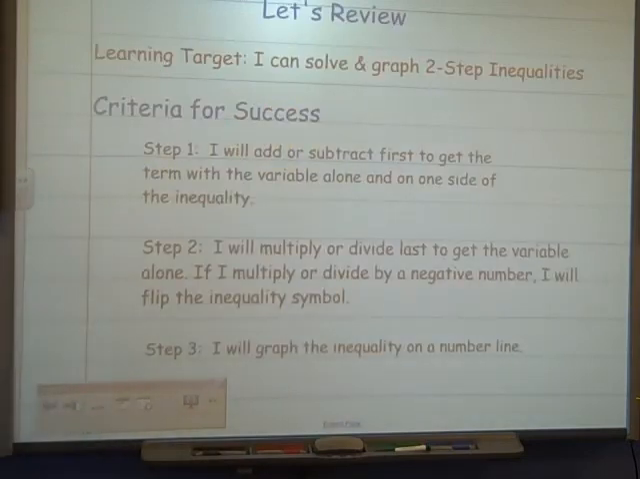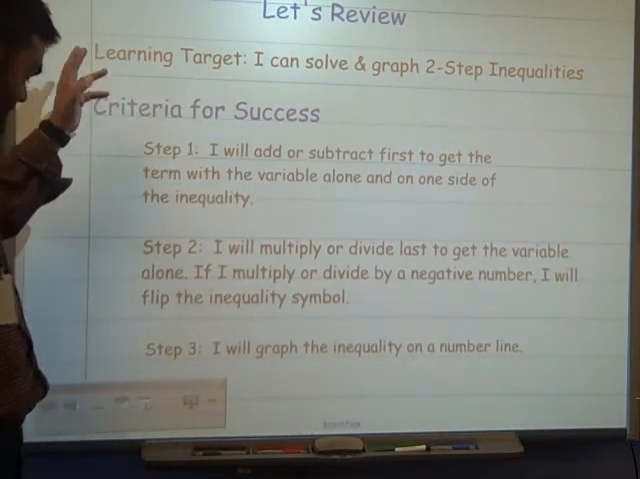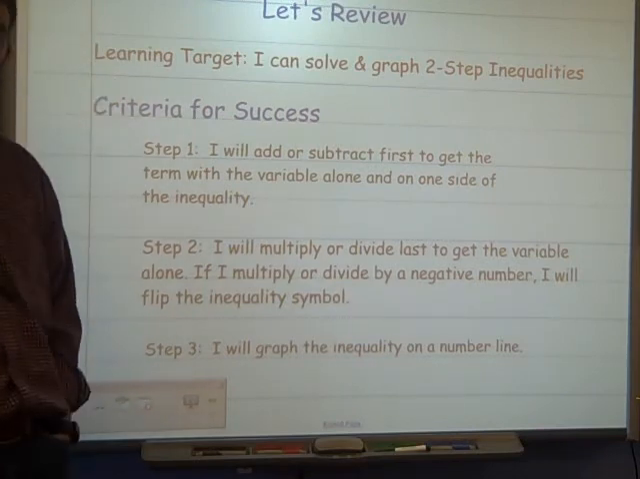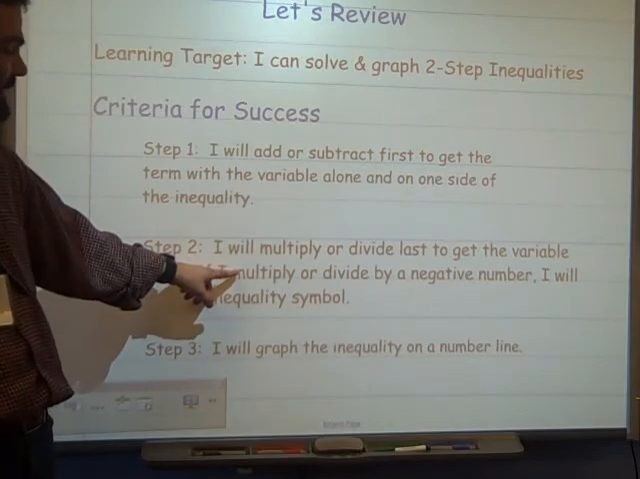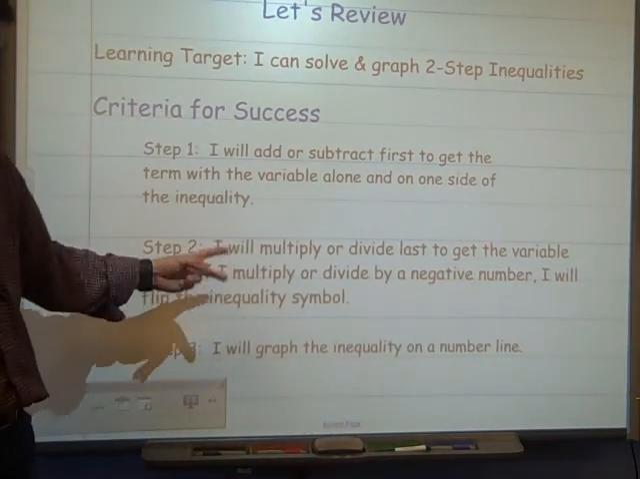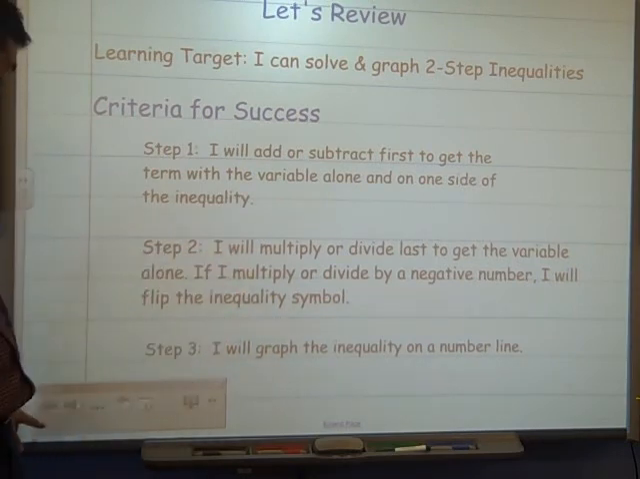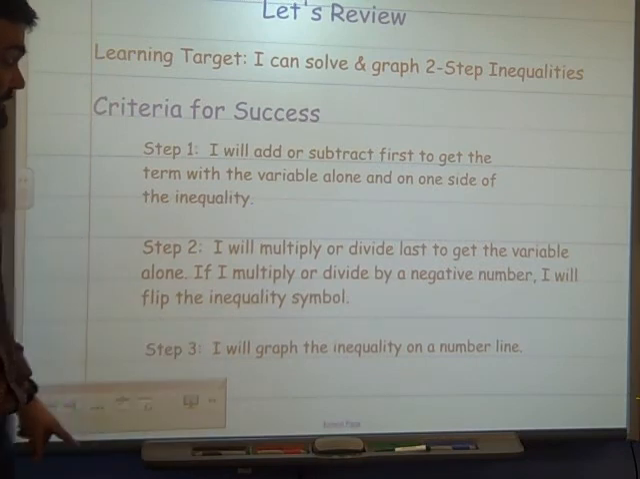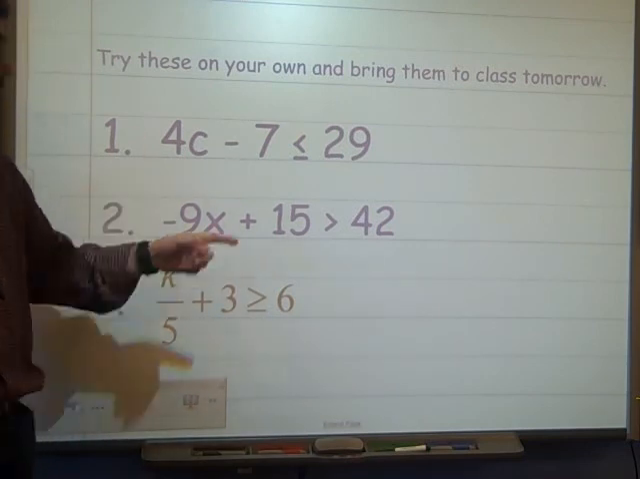Okay. So quick review. Solving and graphing two-step inequalities. There are your 3 steps. I'm not going to read through them again, but I want to point out and make sure when you multiply or divide by a negative number, you need to flip the inequality. Less than becomes greater than, becomes less than. And then make sure you graph it. So, there are your 3 steps. Make sure you write them out and